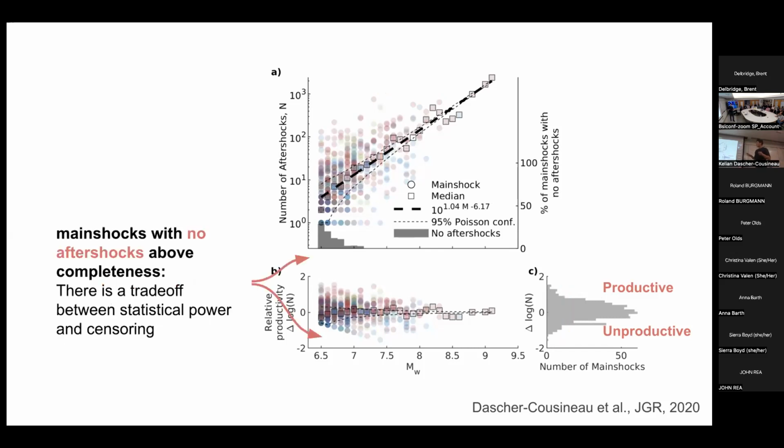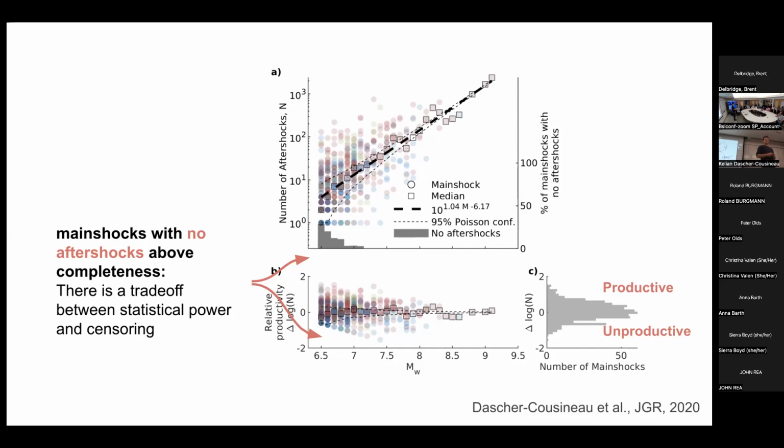Another thing I'll note while I'm here is we have this constant trade-off. If you consider smaller earthquakes, there are a lot of smaller main shocks that have no aftershocks bigger than 4.5. So one approach might be to be a bit more conservative in your selection of the main shock magnitude, but then you quickly run out of events. So there's a bit of a tug of war, and here we selected main shocks greater than 6.5, and we just live with the so-called censoring effect, where we can't really plot zero aftershocks